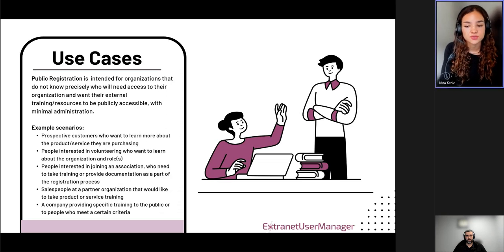Typically, the use case for public self-registration is organizations that want to make their shared resources and training publicly accessible, all while having as little administrative involvement from their end. Example scenarios include prospective clients who want to learn more about the services or product that a business is offering, members of the public who are interested in volunteering but want to learn more about the organization and available roles,